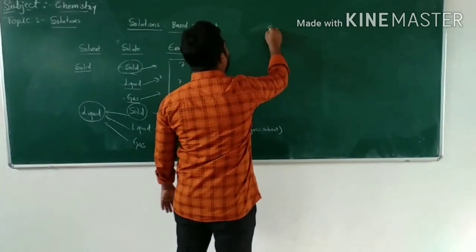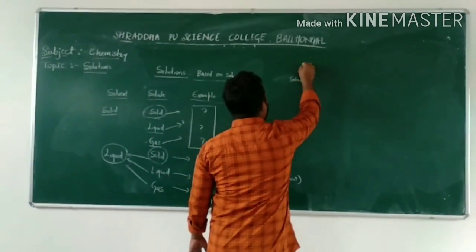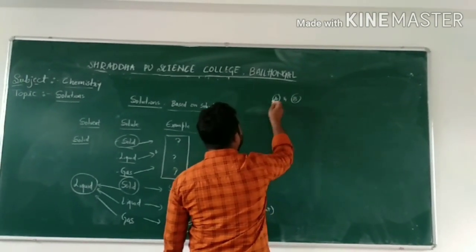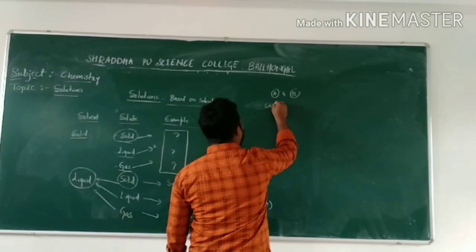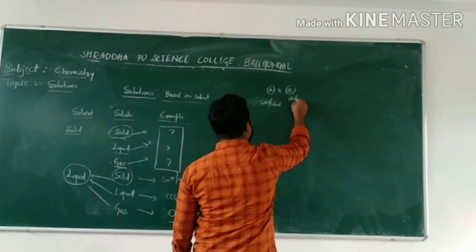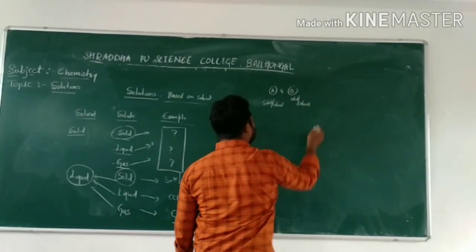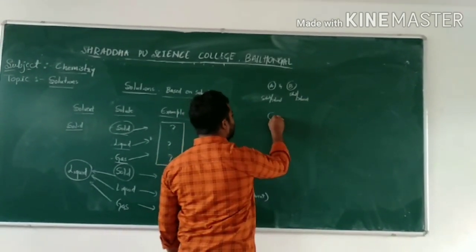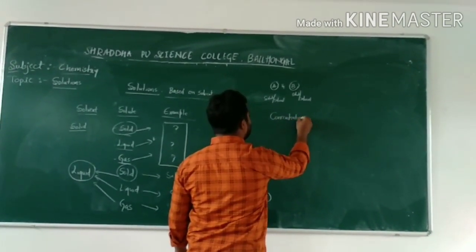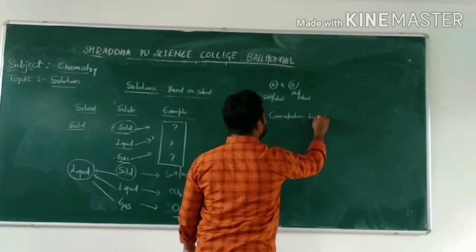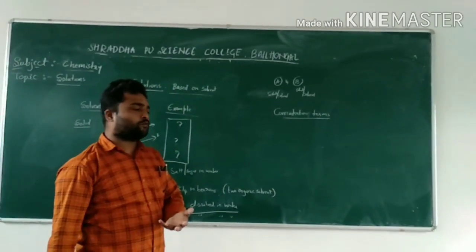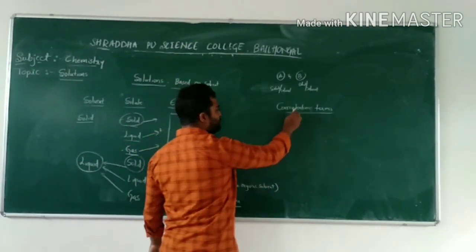In order to understand, among the solution of A and B, whether A is solute or solvent, or whether B is solute or solvent, you should understand the concentration terms. Now what are these concentration terms? Most of them you know already, 3. Rest 4 are there. I will be explaining what the concentration